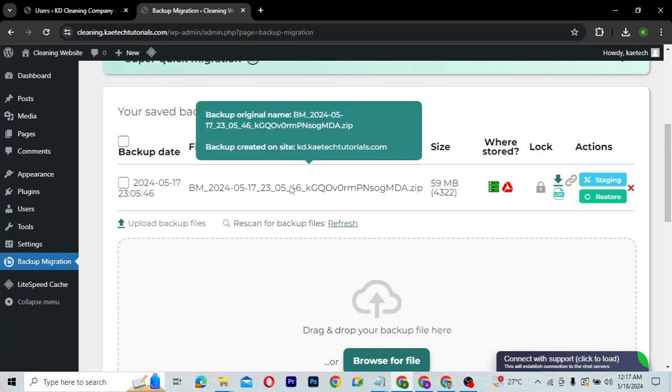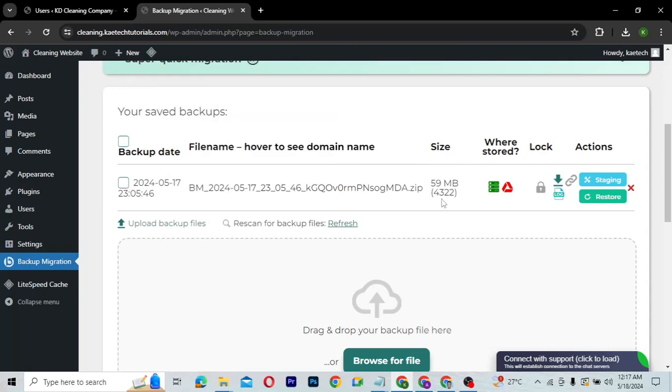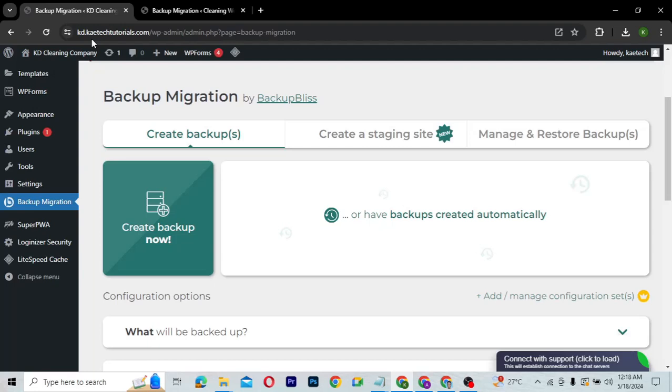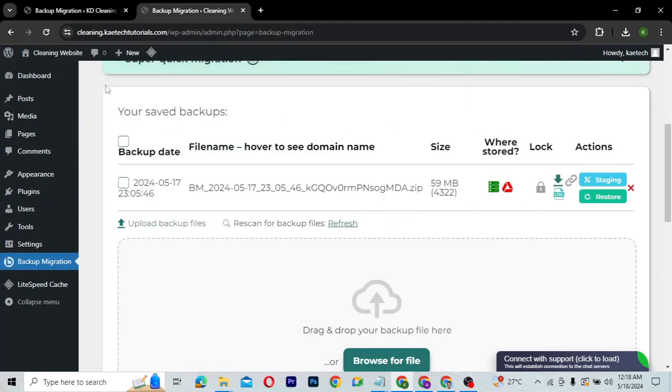the username, everything, the users over there will come to this website. So make sure that you have those users also. Okay, so you have the username, and you also remember the password over there. So make sure that you do so. Now I'm talking about this website, kd.kitechtutorials.com, the one that we are migrating from this place to the new website, which is